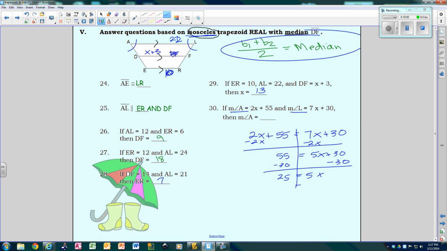So x is 5, but they're not asking for x, they're asking for A, so I need to go back and plug it in. So that means 2 times 5 plus 55, that's 10 plus 55, so 65. So angle A is 65 degrees. Well, if angle A is 65, then so is angle L. And the cool thing is these two are also supplementary, so that would make this 115. And this one would be 115 because you would take 180 and subtract 65 and you would get